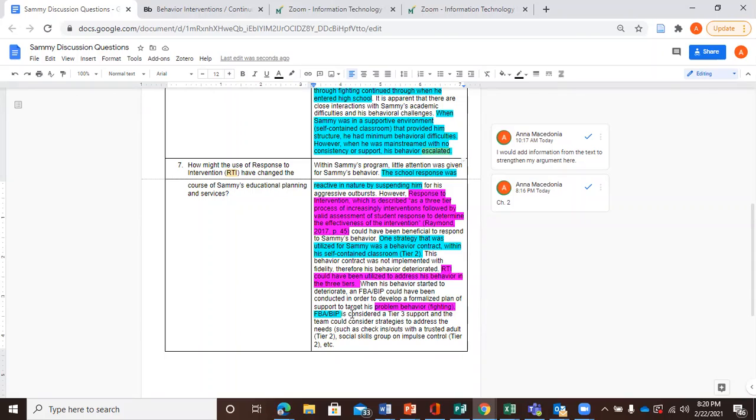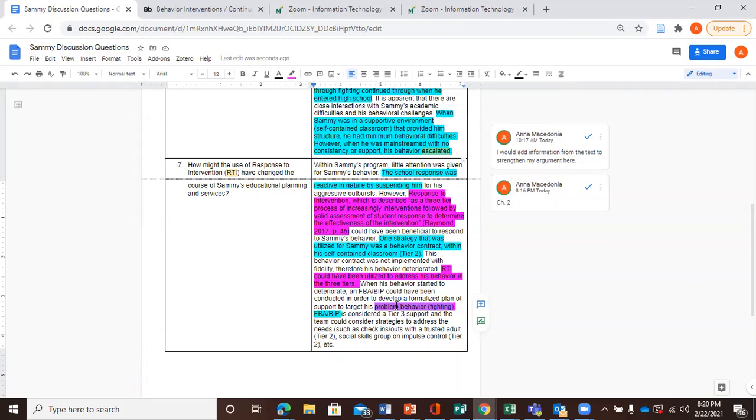So when we're thinking about this problem behavior of fighting, we could actually take some data around, what happens right before the problem behavior of fighting? What's the consequence of fighting? So we could develop a functional behavior assessment, and the team could then put in place a behavior intervention plan